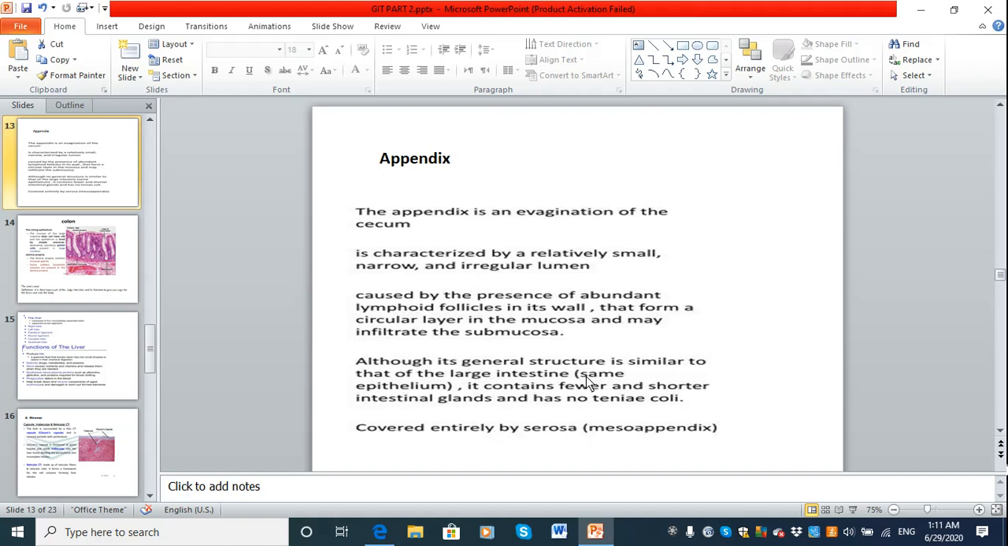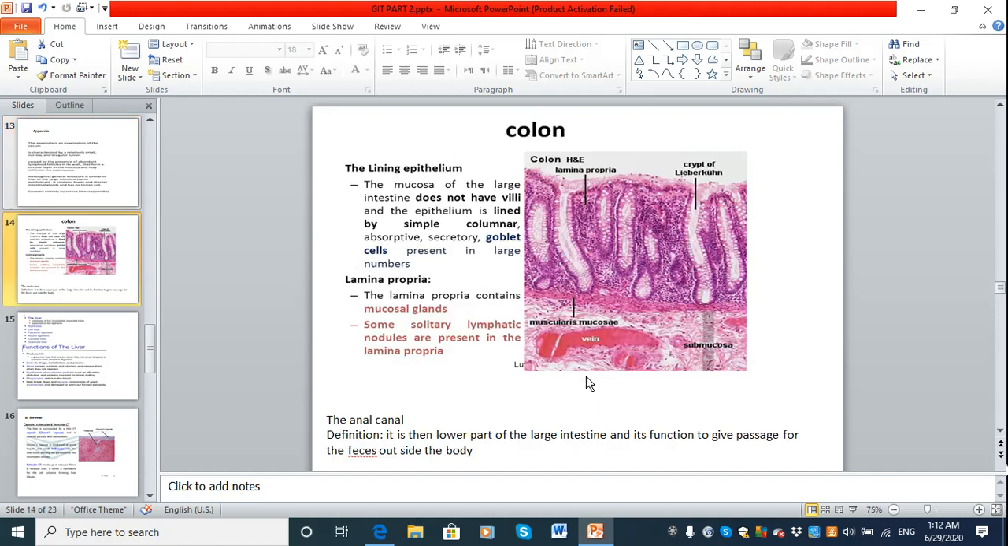Tinea coli. What does that mean? Tinea coli, as I define it, are three longitudinal bands of muscle found in the ascending, transverse, and descending parts of the large intestine or the colon. Right, colon. The second segment of the large intestine is the lining epithelium. The mucosa of the large intestine does not have villi, and the epithelium is lined by simple columnar absorptive secretory cells, and we have goblet cells